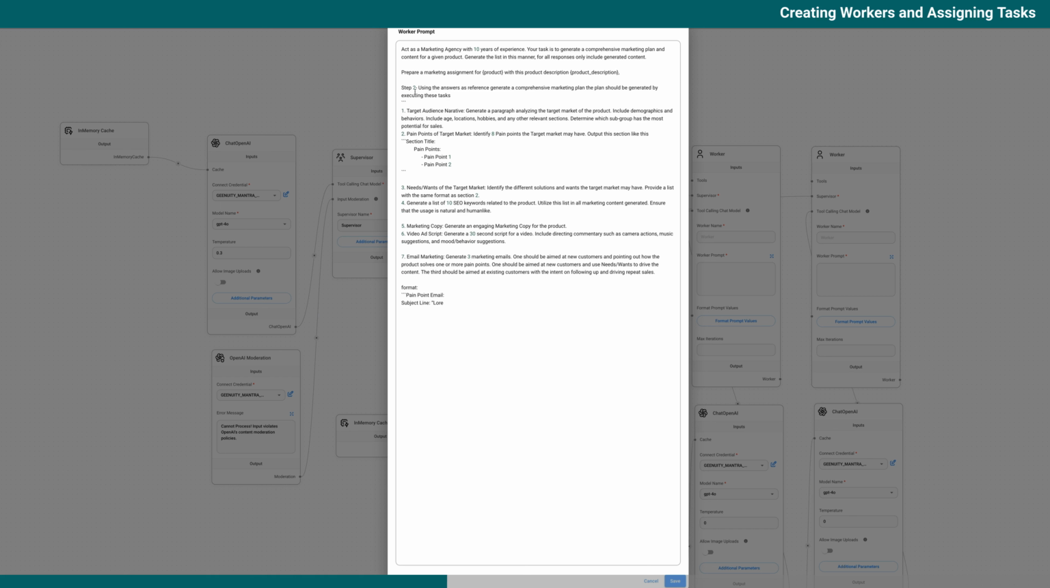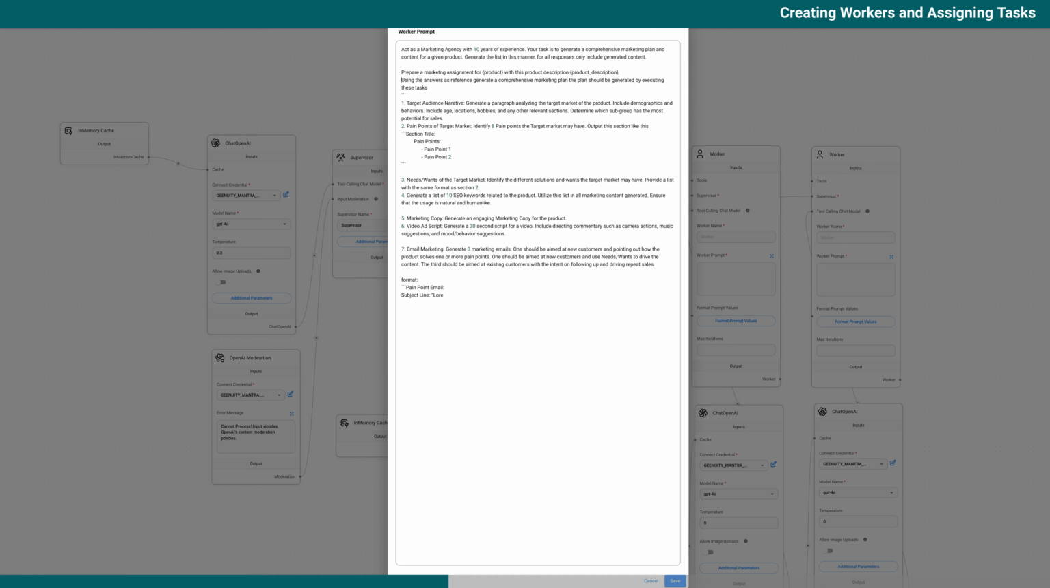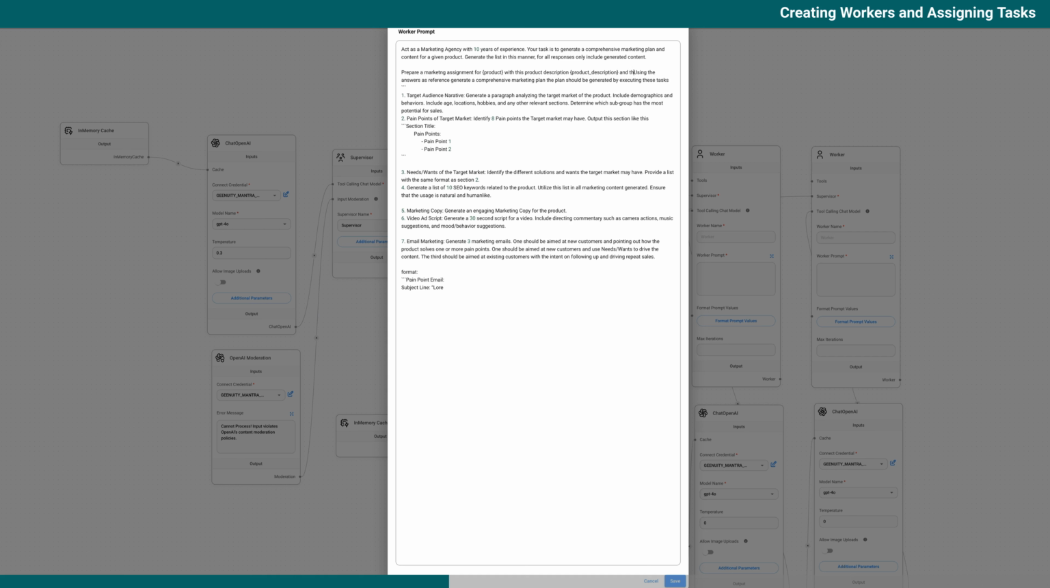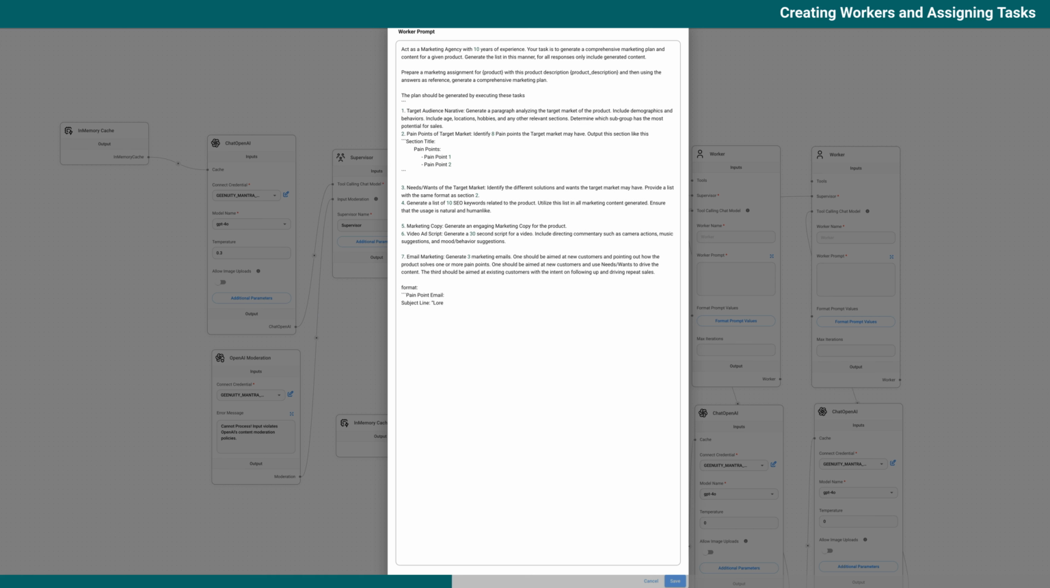Step 2, okay, using the answers as reference to generate a comprehensive marketing plan. Yeah, so we'd say description, and then using the answers as reference, comma, generate a comprehensive marketing plan. Oh, looks like there's a marketing plan. The plan should be generated by executing these tasks. Okay, so it looks like the way that this prompt sees the strategy working